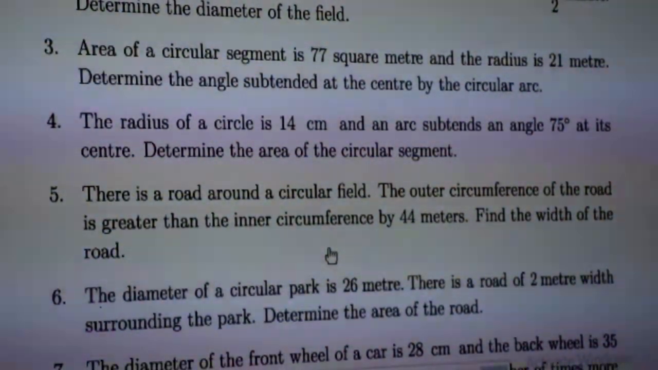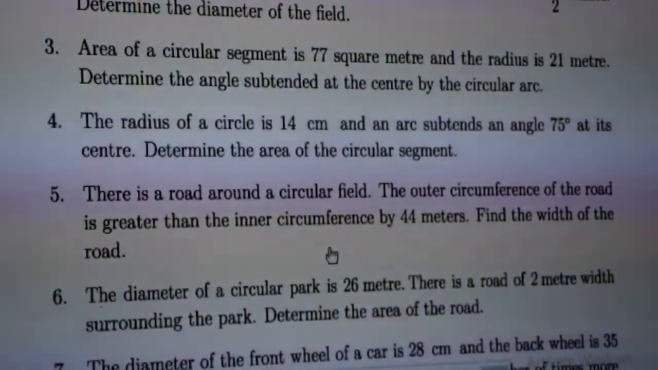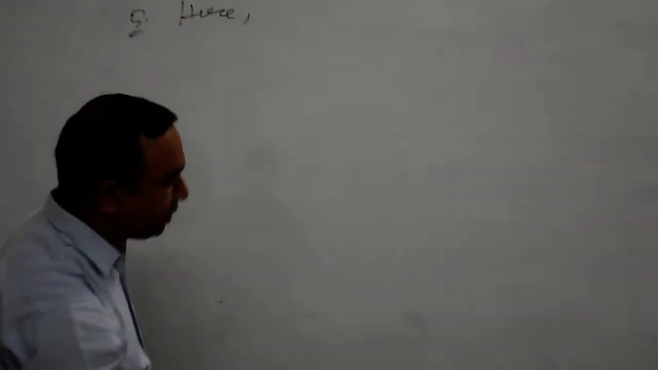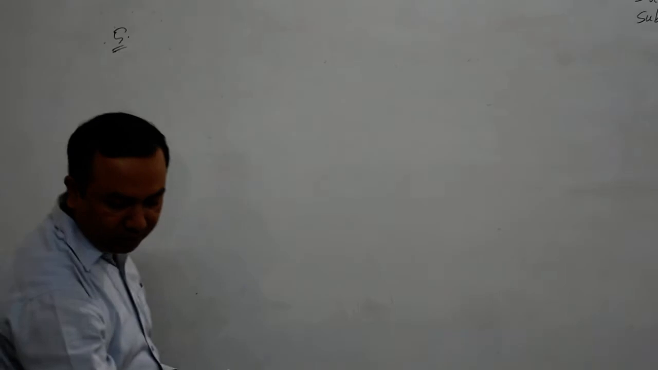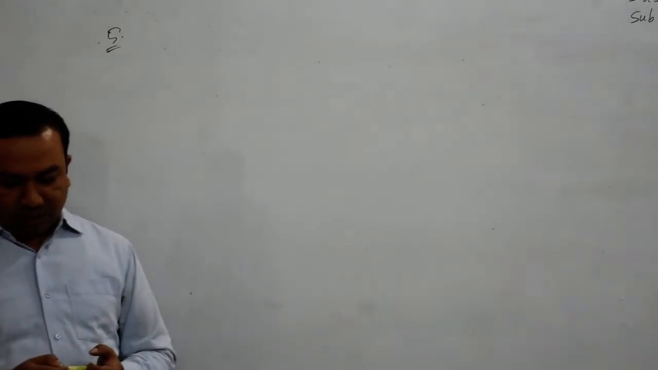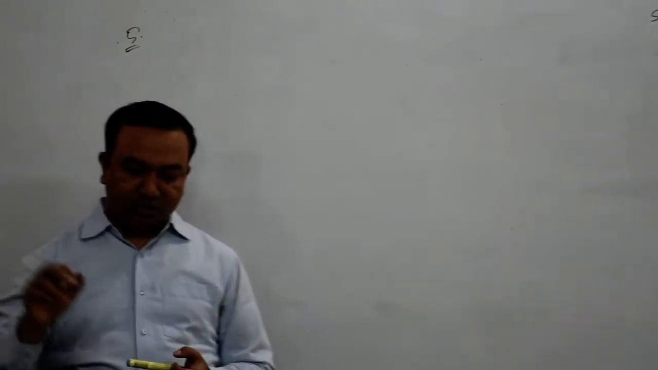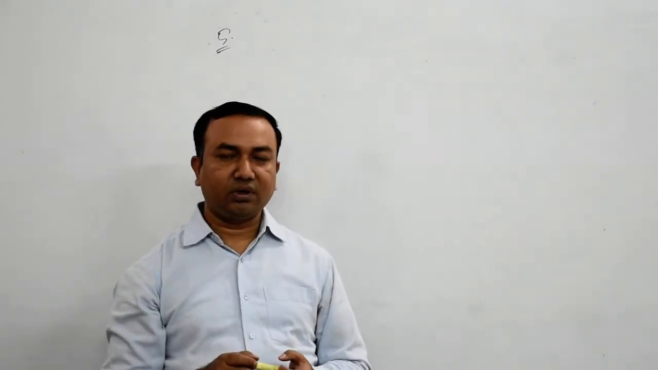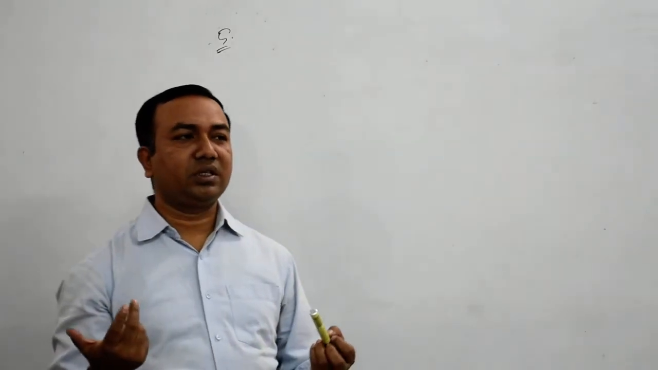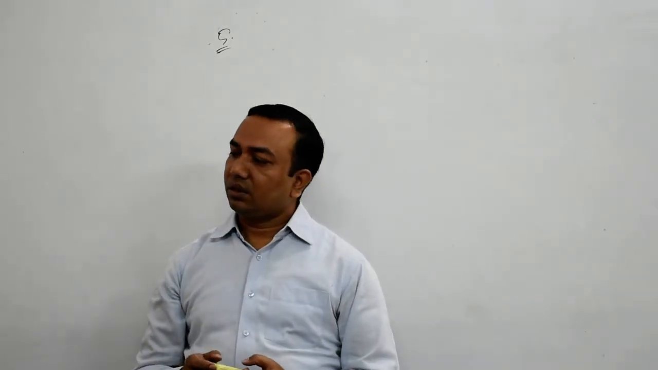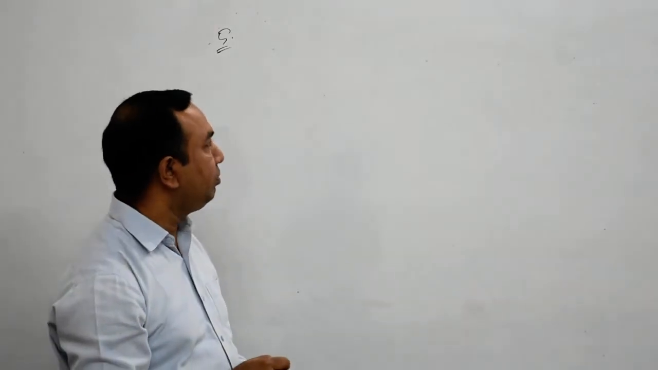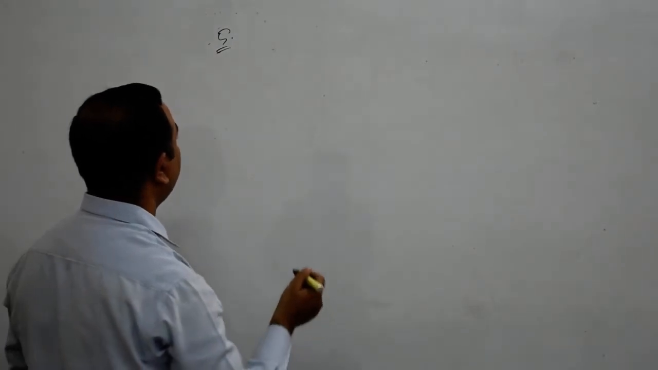What is given? There is discussed about a circular field. That is question number 5. But nothing else is given, just one information is given, that is the difference of the outer circumference and inner circumference of the circular field is 44 meters. That's one thing is given. But for writing the formula for circumference of a circular shape, you must know about the radius. So you must introduce radius by supposing